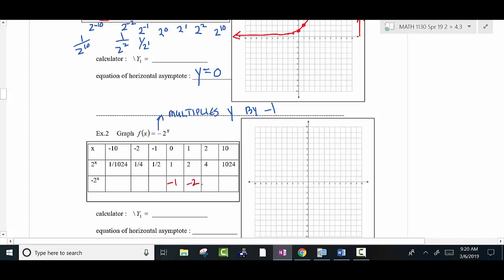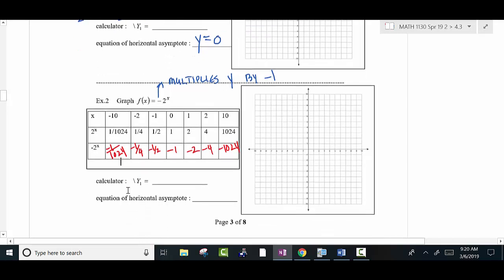So just fill this out real quick and then we'll graph it. And that's what would happen: everything would reflect the way we would expect it to reflect. Okay, so it goes like that. All right, so let's just plot the points, just enough to get the shape. So you would have 0, -1. You would have 1, -2, and then 2, -4, and then the graph is going to go like that, and